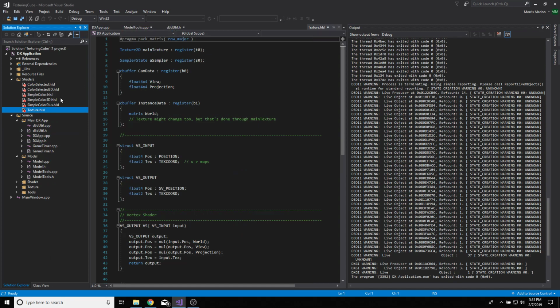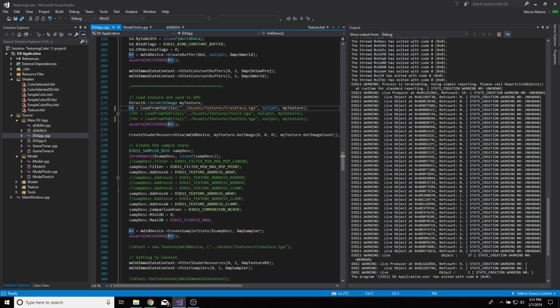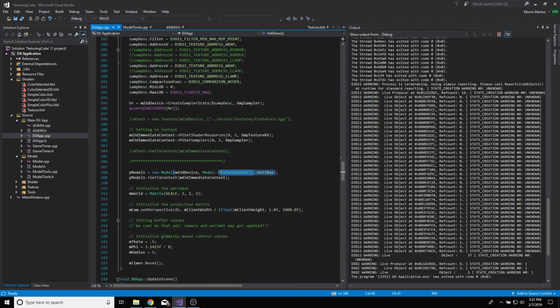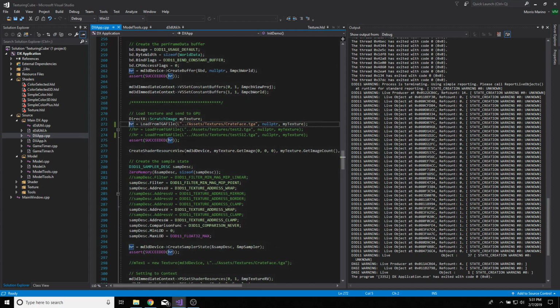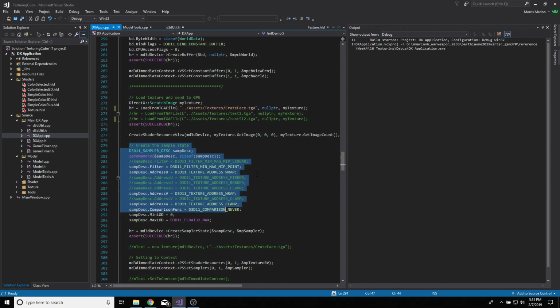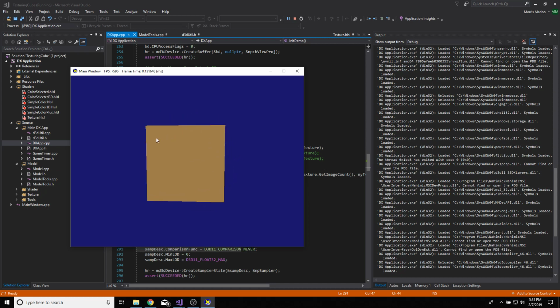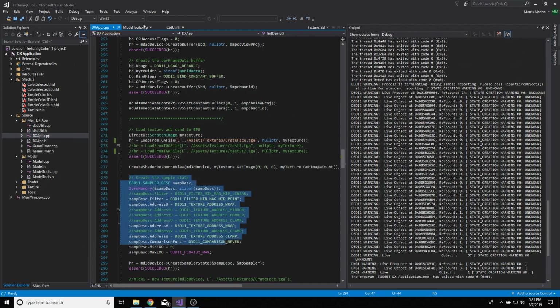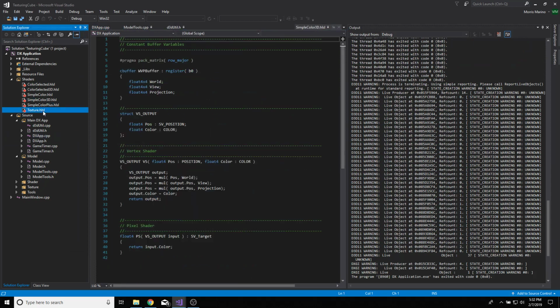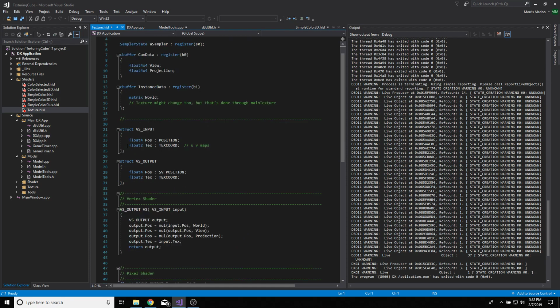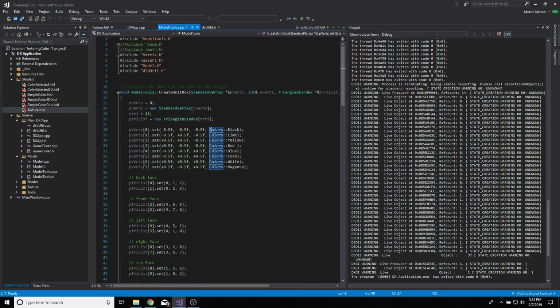Now, the reason why, when we take the unit box pre-made model instead of the texture wrapped box one, and then throw a texture at it with the appropriate sampling, as this is really just a demo, we get this solid colored box. My theory on why this happens is that the texture shader takes in a float 2 for the texture coordinates, or UV map, but when the unit box is sending in, this is a vector, so it's sending in 2 more values for each vertex than what it's expecting,